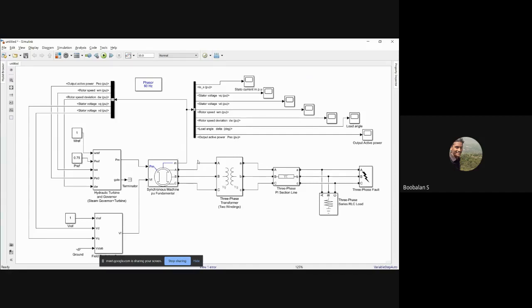We have only connected wires simply, but practically this is called conductors. This conductor will definitely have a length, a distance between the transformer and the synchronous generator. So, made up of conductors, definitely it will have its own resistance.